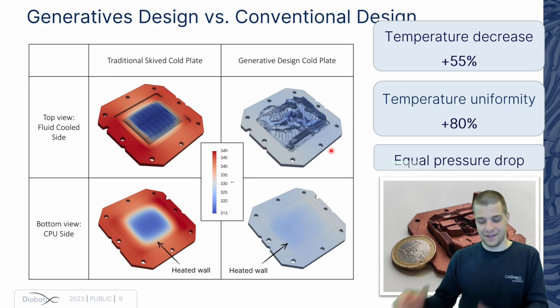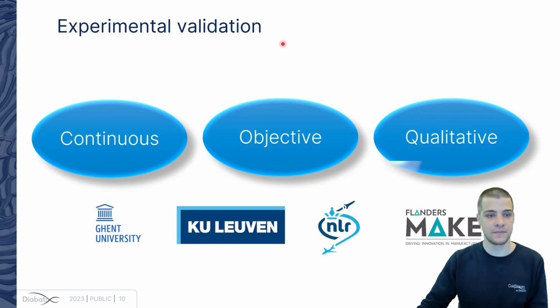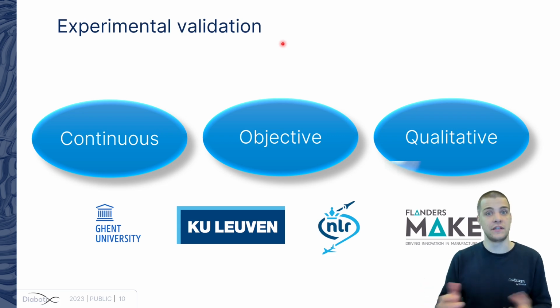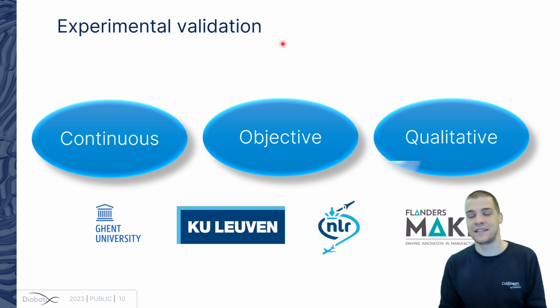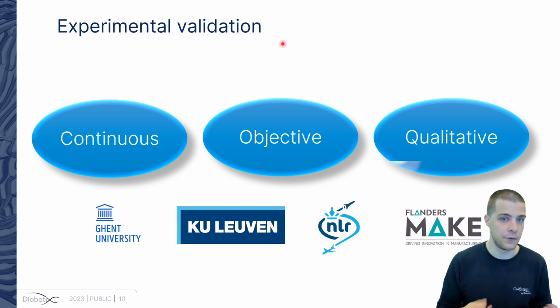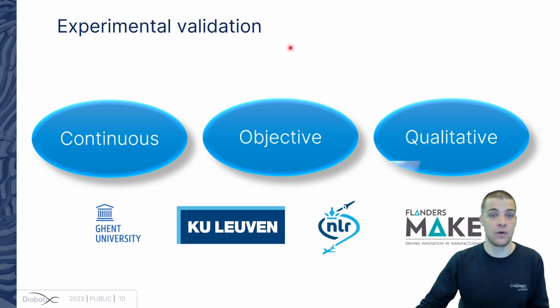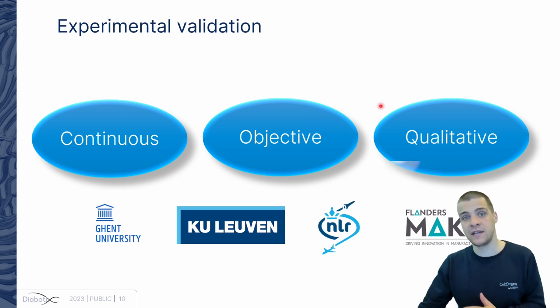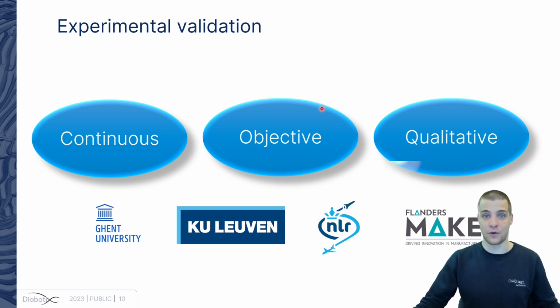Now that we have a design, we can finally look at the experimental validation. So at Diabatix, we continuously set up some experimental validation projects just to make sure that whatever ColdStream delivers does meet reality. And we have two objectives for all of those experimental validation projects. First of all, it needs to be objective, and it needs to be qualitative. With objective, we mean, of course, we don't want to have our own influence on the design. And qualitative, whatever experimental validations that we do, that the performance of it is of a high